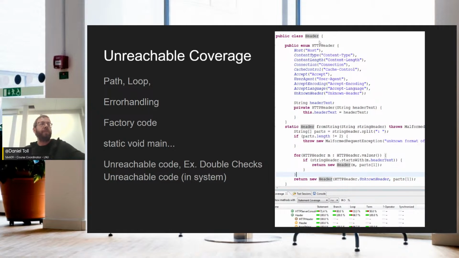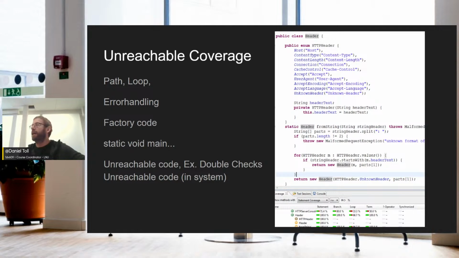And you can see up here, I have this enum, and it has a lot of different things in the enum. And down here, I'm using the enum, and I have a for loop. And I'm going through the different values in the header. Problem is, when I run a coverage tool, you can see that I get 100% statement coverage, 100% branch coverage. So I'm going through all of the different ways, right? But I only get 66% loop coverage